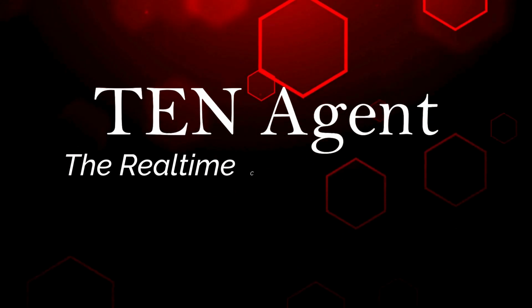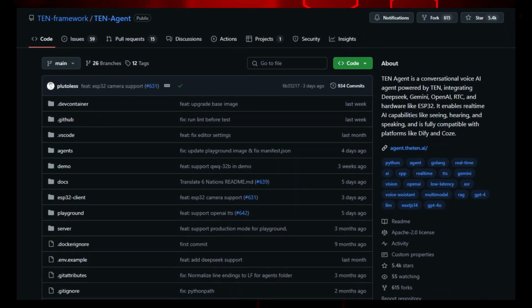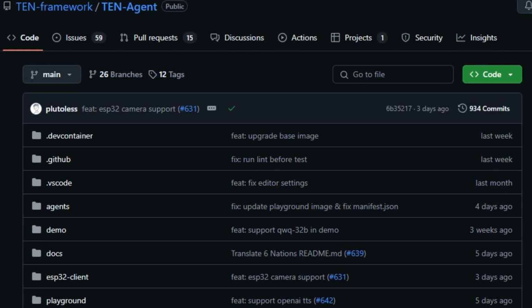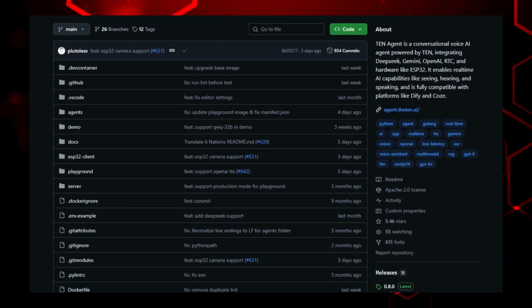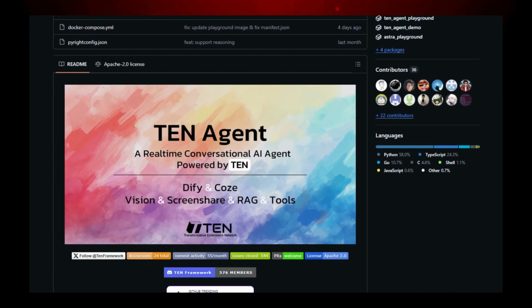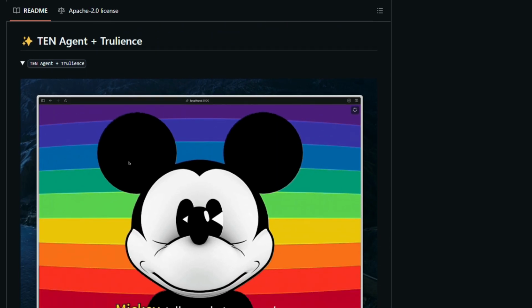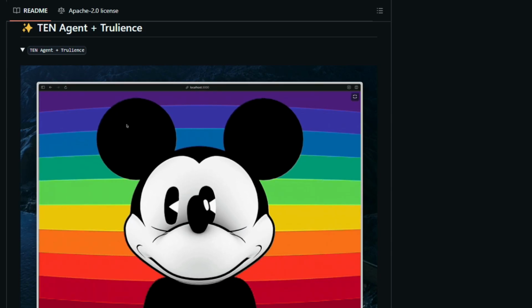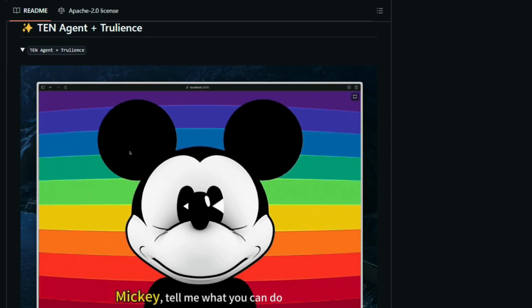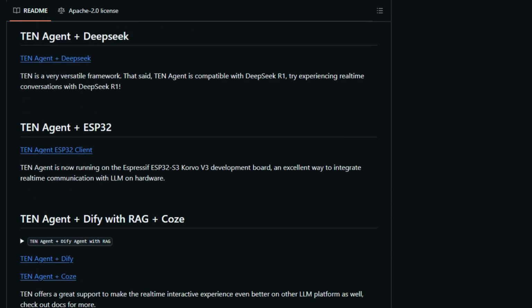Project number 5, 10Agent, the real-time conversational AI powerhouse. 10Agent is its comprehensive approach to building real-time conversational AI agents. Imagine an agent that doesn't just process text, but can truly see, hear, and speak in real time, thanks to its integration with technologies like RTC and hardware such as the ESP32. This isn't just a software solution. 10Agent bridges the gap between powerful AI models like DeepSeek, Gemini, and OpenAI and tangible hardware, opening up possibilities for embedded AI applications. Furthermore, its seamless compatibility with platforms like Dify and Coze makes it incredibly versatile for building and